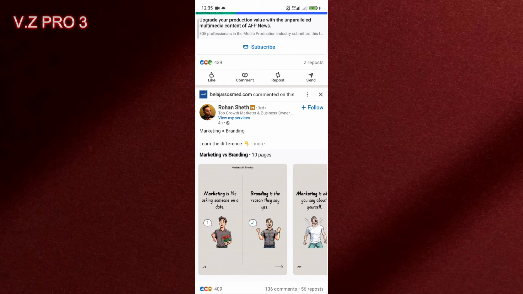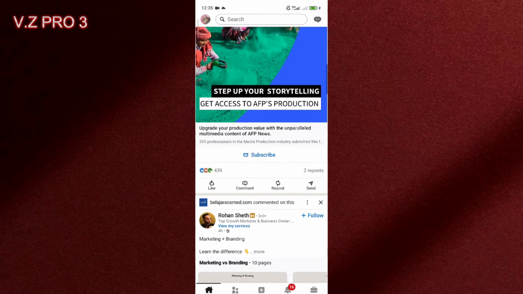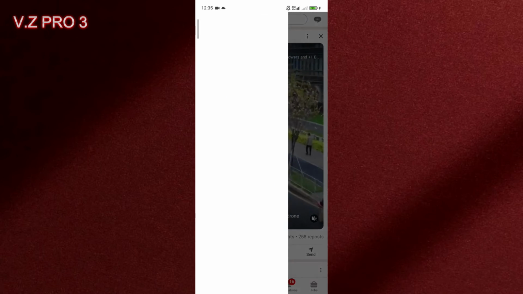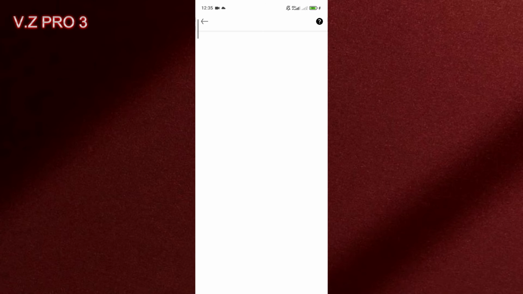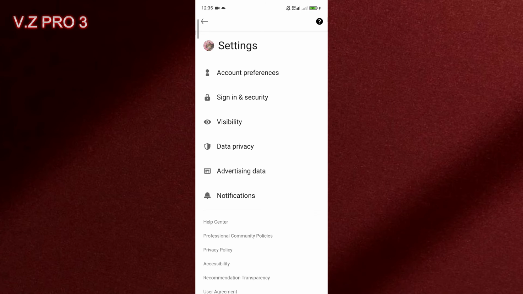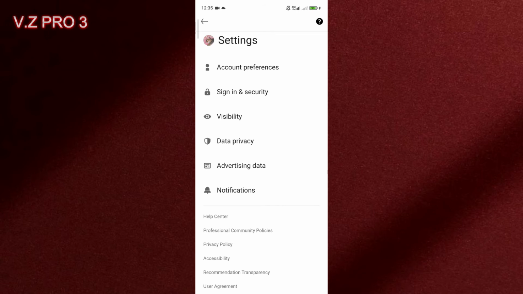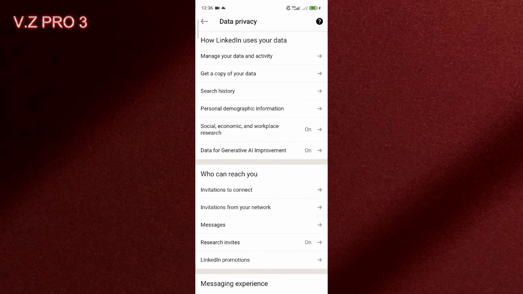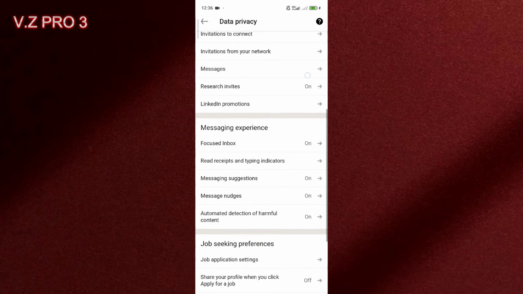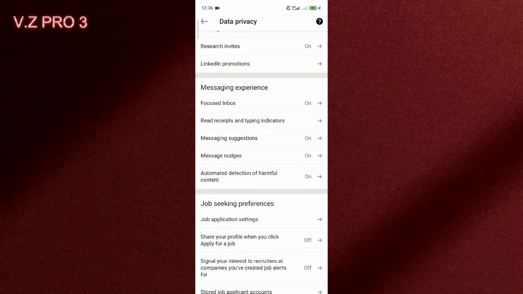You can log into your account. After that, you can go to the settings by tapping on the up left corner here, your profile. Now I can tap on settings. You can go to data and privacy. You can just scroll down and